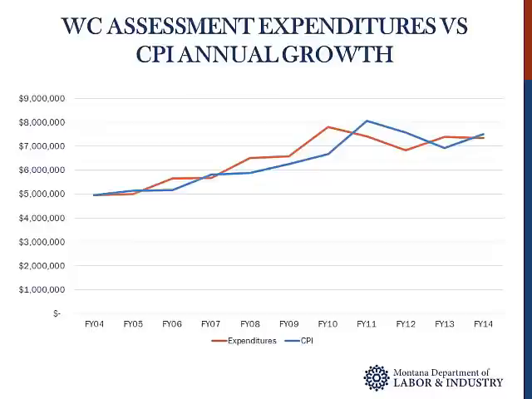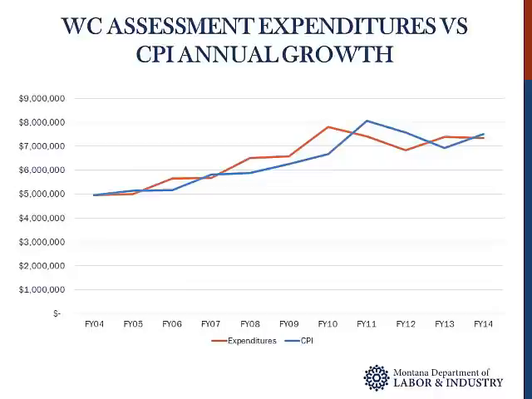We understand this concern, so we track our spending with the Consumer Price Index. From fiscal year 2004 to fiscal year 2014, the expenditures from the Work Comp Fund have tracked relatively closely with CPI. In fiscal year 2010, there was a spike in the Work Comp expenditures that was due to the legislature authorizing $1 million in one-time-only money for WorkSafe MT. After this point, the Work Comp expenditures fell below the CPI for a few years and have continued to stay on mark since that time.